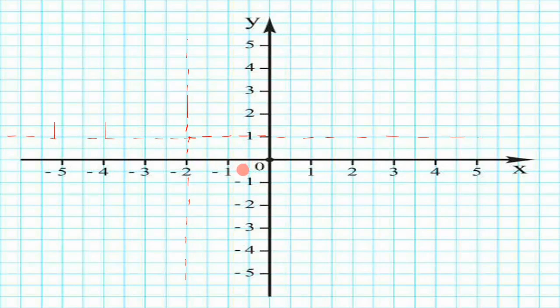So we have the y-intercept was (0, -1/2). So it must pass here. And then the x-intercept was equal to 1. So it must pass here. And then joining this, it will give you